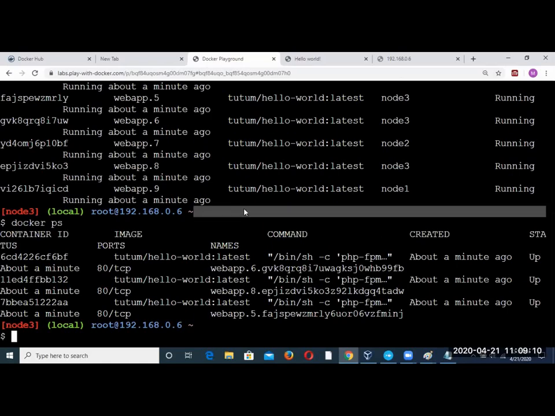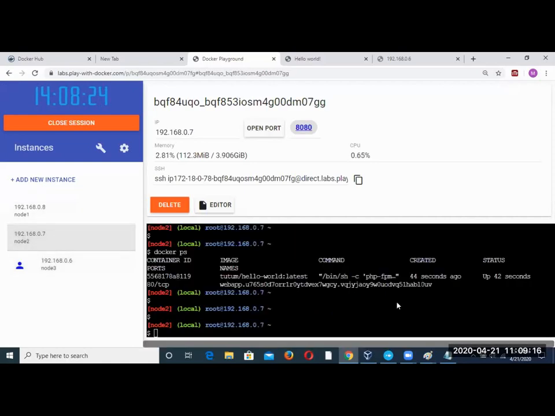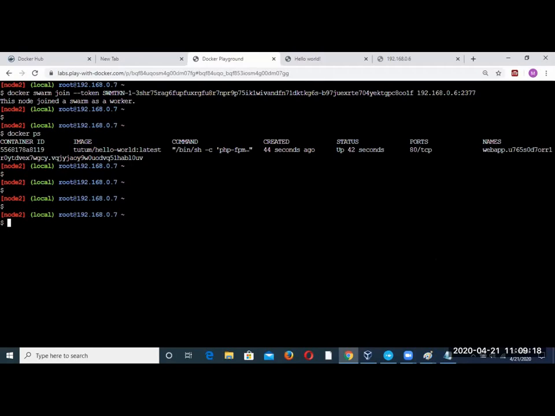Now let's see on the other machine. In this worker 1, try to check. Docker service, no, the spelling is wrong, I think.